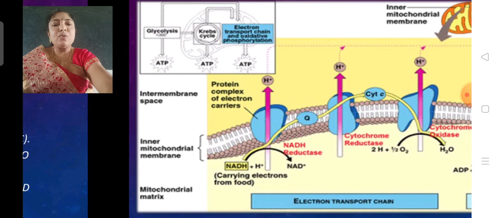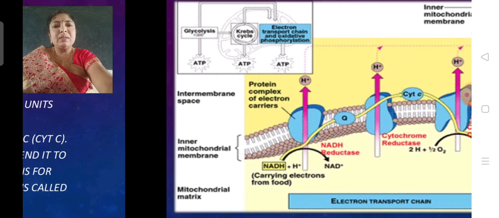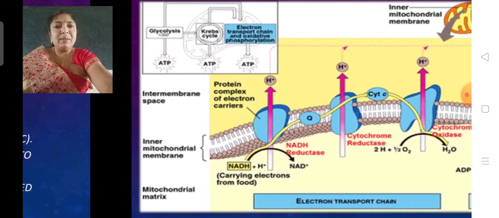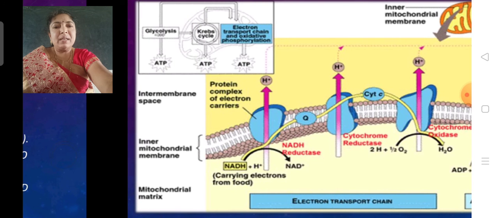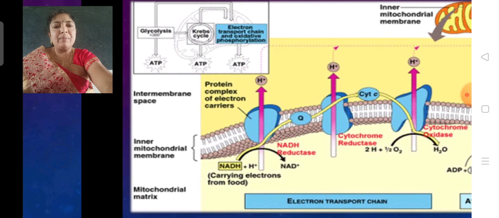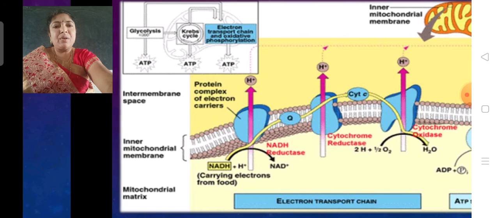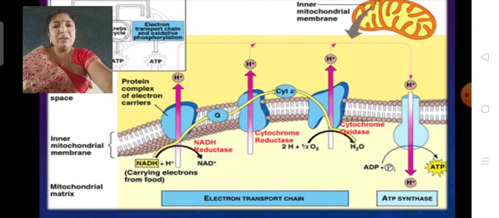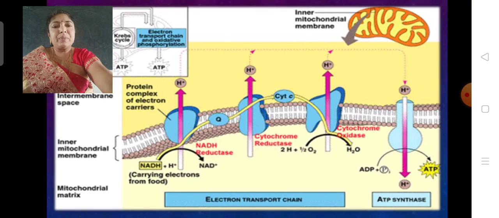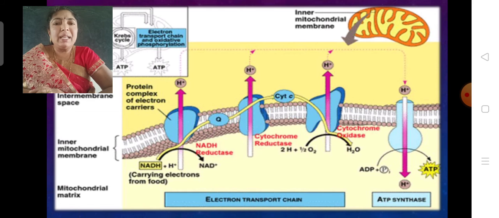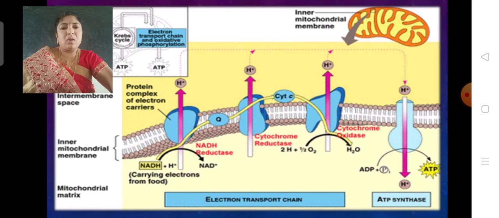It occurs in three regions: first the intermembrane space, that is the perimitochondrial space; second the inner mitochondrial membrane; third the mitochondrial matrix. So the electron transport system takes place between these layers. So first of all, the electrons